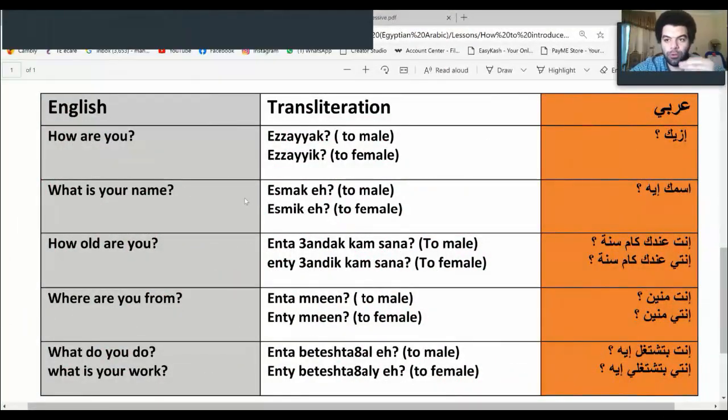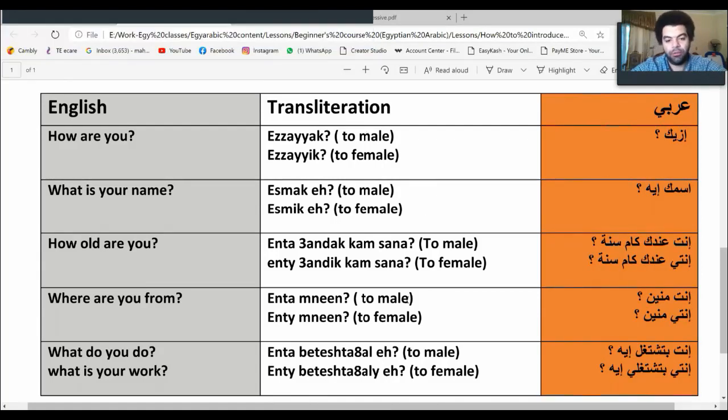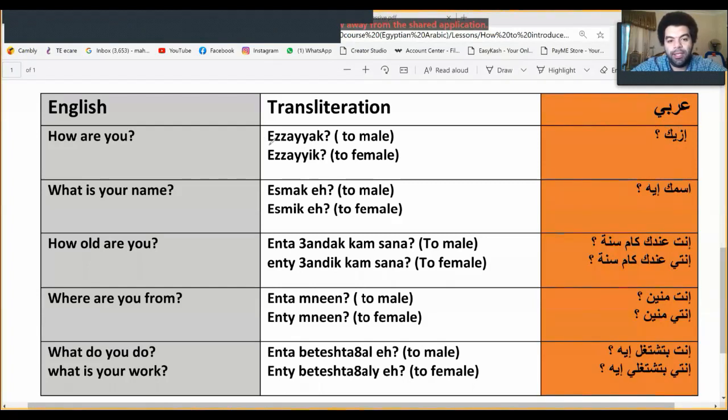Now, if you scroll down in the same file just a little bit, you will find this other table. By the way, all of those files will be also available for you, so you have them already. Okay, so here we have the questions to the introduction, to the answers that we just learned. How are you? What's your name? How old are you? Where you're from? And more. Good. So how do I say, how are you? Let's see. We say, ازيك. Notice this ending, ek, and notice the word ازاي.